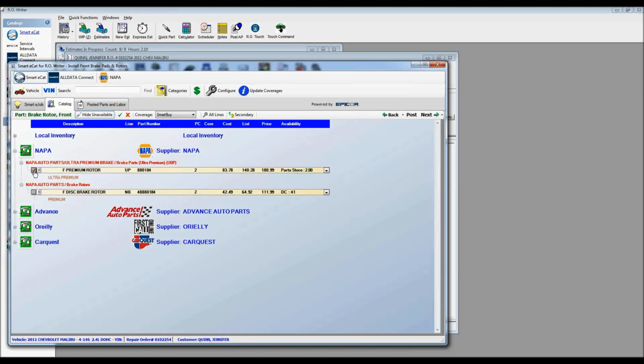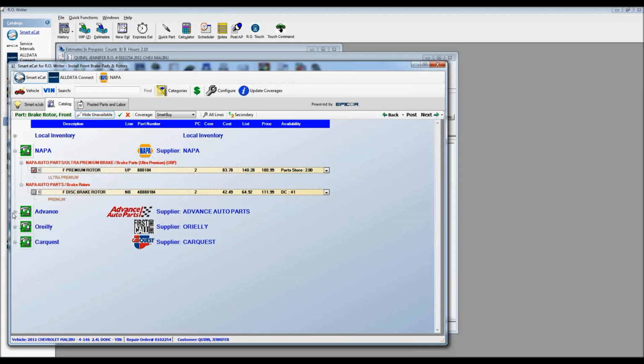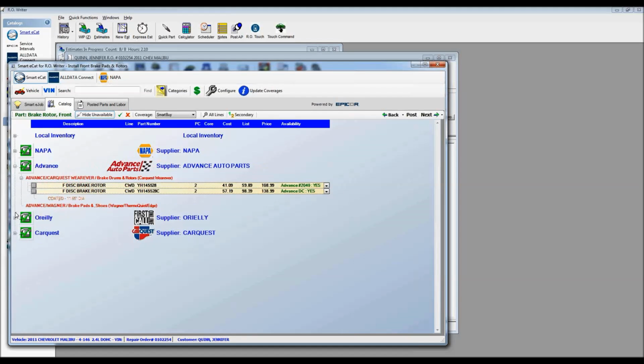I'll put a check mark in the box on the left-hand side. If I wanted to compare or see what my other vendors might have available, what you'll notice is I have Napa, and there's a small box to the left-hand side of Napa that has a minus key. Napa is currently expanded. If I wanted to minimize Napa, I would just hit that minus key. Or if I was going to see what Advanced has available,